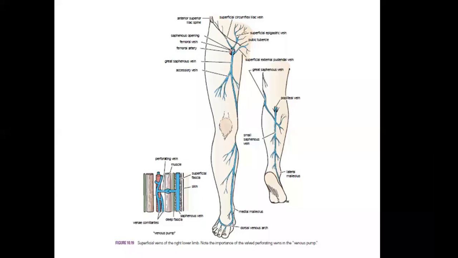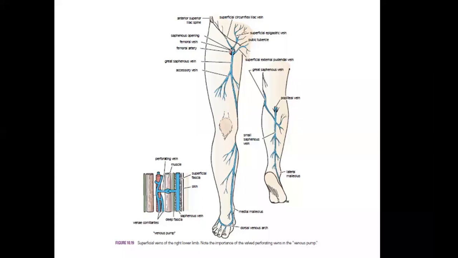In the book, a distance is given that the femoral vein is situated 1.5 inches or 4.5 centimeter below and lateral to the pubic tubercle. Pubic tubercle is a landmark. If you can see in the picture, this is the level of the pubic tubercle. So the femoral vein lies 4 centimeter or 1.5 inches below and lateral to the pubic tubercle. This is the anatomical landmark which you have to remember.